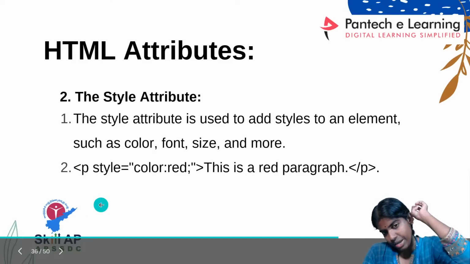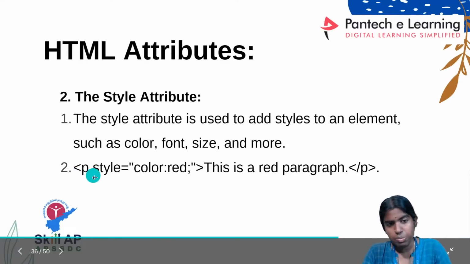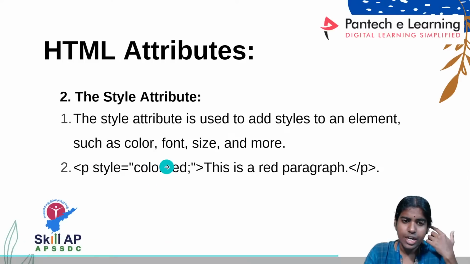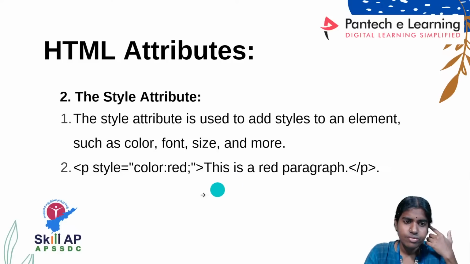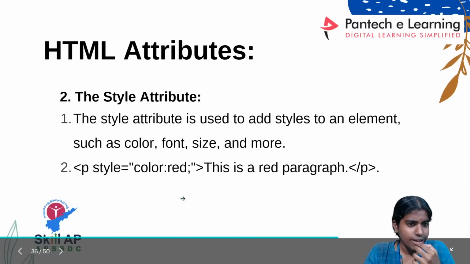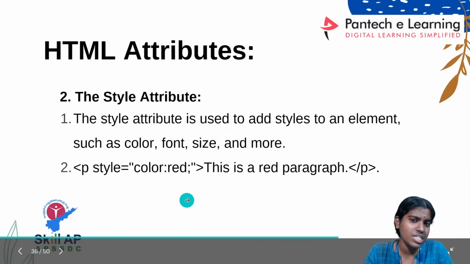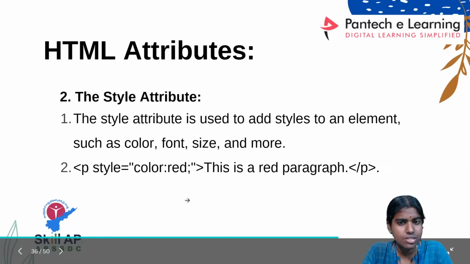Inside this, I am having this p tag. For example, you can see here I am having this p tag and whatever is the style. If I want to include some style, I am giving the style as color. Within double quotes, I am mentioning color as red. Clear with this? If I want to display the paragraph in red color, I give the style color. Attributes provide additional information about my tag elements.